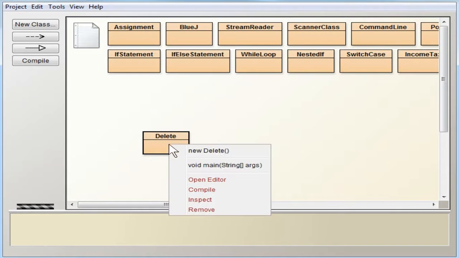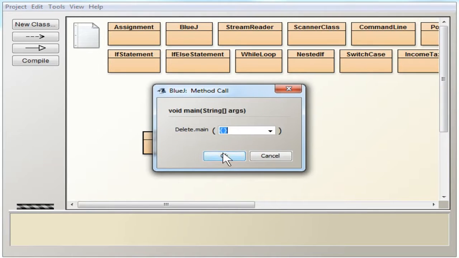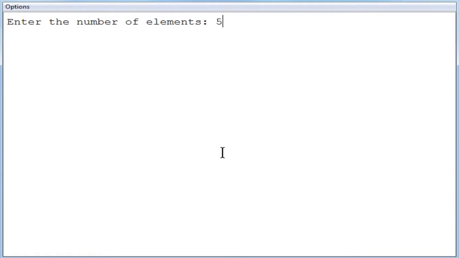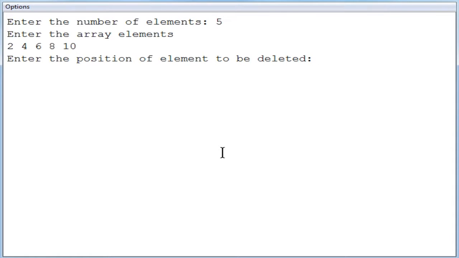Okay. Now I am going to execute and show it to you again. So I am entering 5 elements. So I am giving different numbers, say 2, 4, 6, 8 and 10. Now I am entering the first position, that is I am going to delete 4. Now you can see that number 4 has been deleted, and only 4 values have been displayed. The fifth value will not be displayed. You don't want it because that will be having the same value 10. You don't want to repeat that.